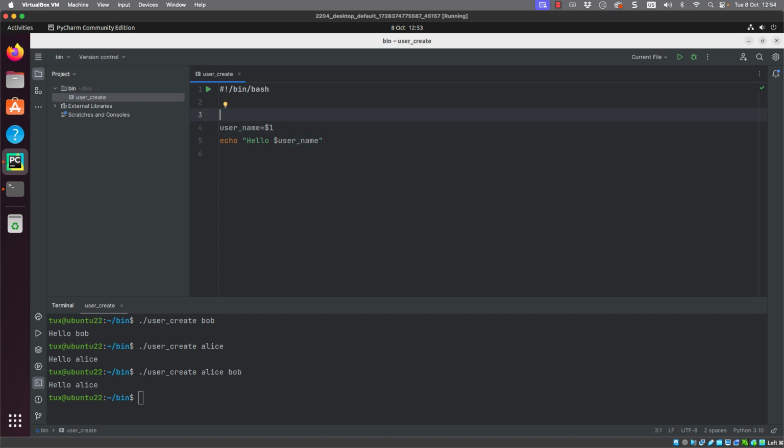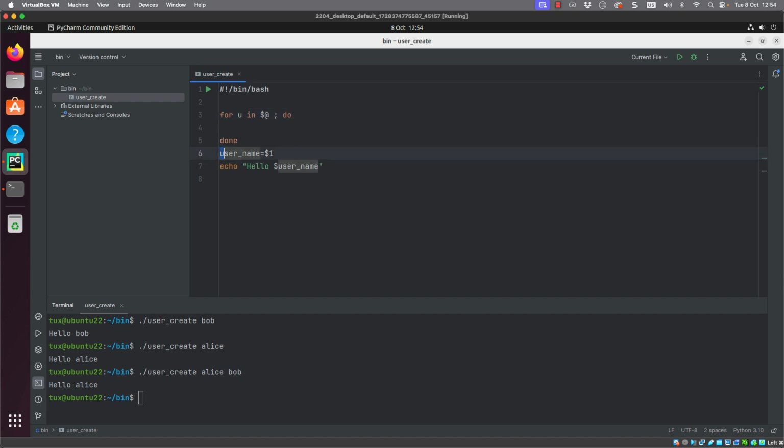What we can do is process all of our arguments, and this is where an IDE really does work for us. If I type for I, that creates a for loop, so I can then go through and process elements within a list. I want to change my range here and just change it to $@. This is all of my arguments.